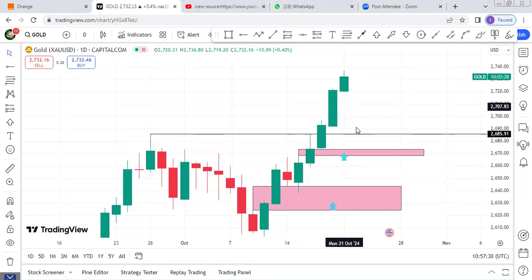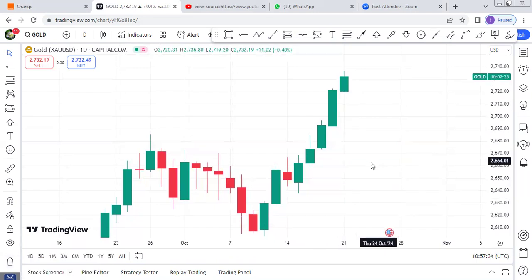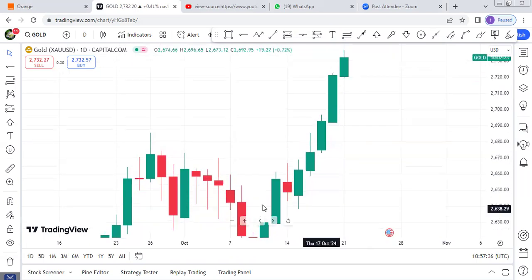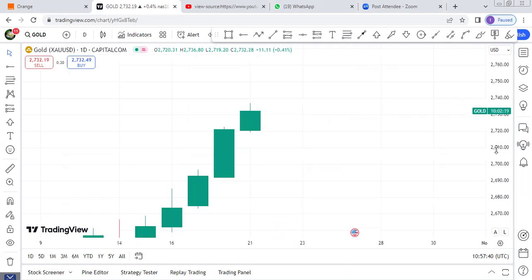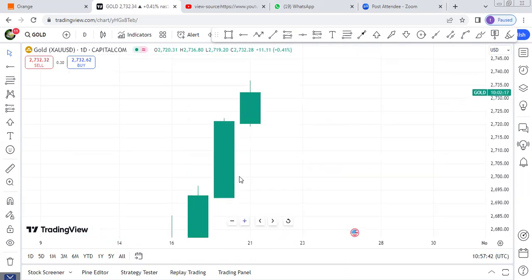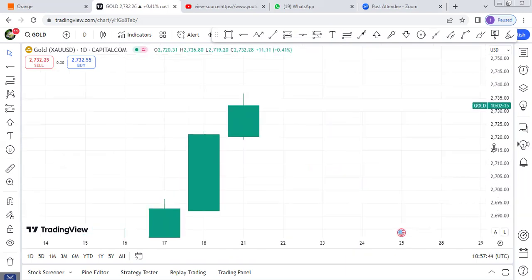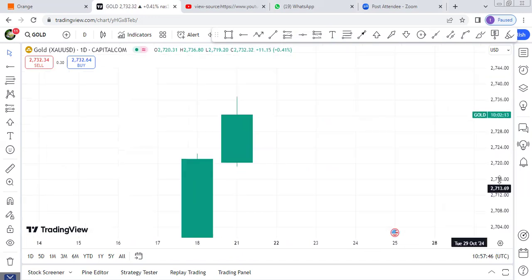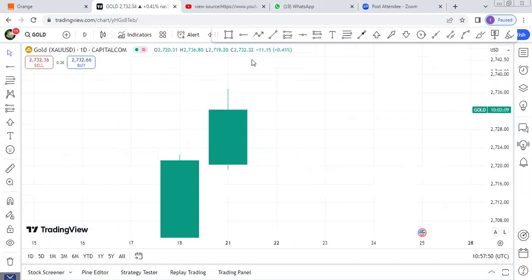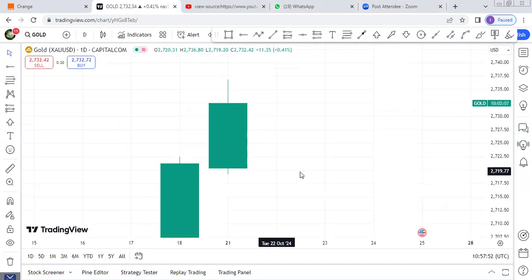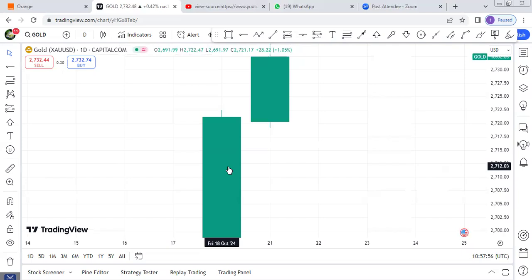All right. So now let us quickly go to the daily time frame, the daily candle, so that we look at what we have. All right. Let me just try to zoom in. Now we are looking at the daily candle. This is our daily candle. Remember, the previous candle, that is the candle for the 18th of October